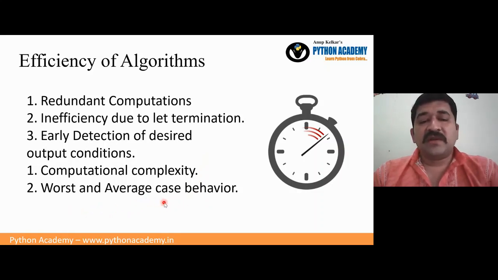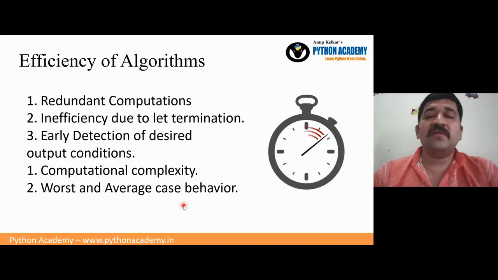Worst and average case behavior generally talks about what happens when I give a very good input and what happens when I give a difficult input. Rather than the output, we may say how much time it will take to compute and get the desired result. So when the input is good, how much time it takes, and when the input is complicated, how much time it takes. Most of the time, the worst and average case should be very near. They should not be far apart, from n to n cube, otherwise the program will not be of use.